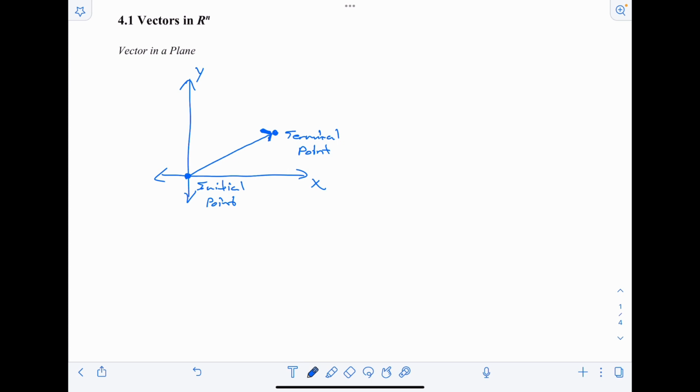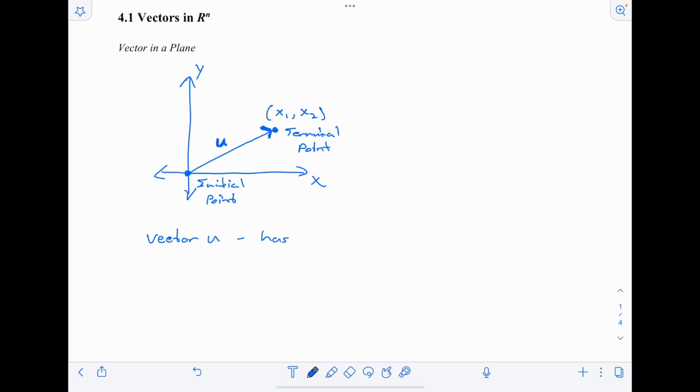And so I'm going to call this vector u. We name vectors typically by lowercase letters. And in fact, in text print, a lot of times they'll bold that letter to show that it's a vector versus something else. That terminal point is at some fixed point. We'll just call this x1, x2. So in this case, vector u,